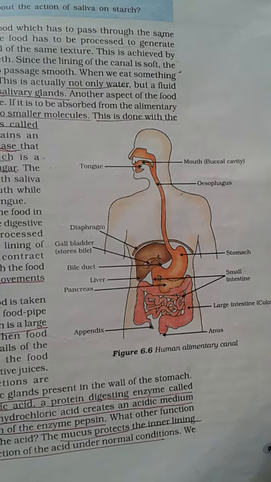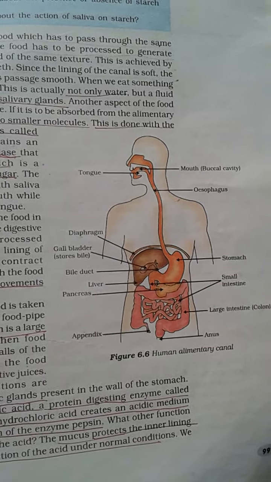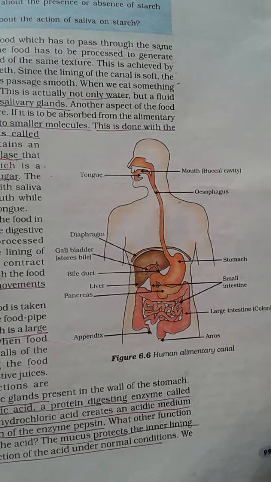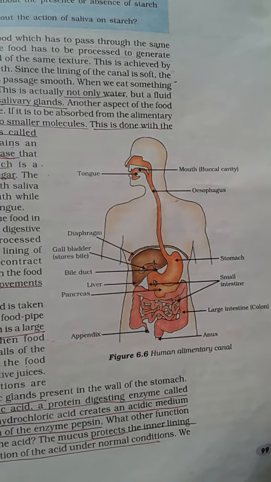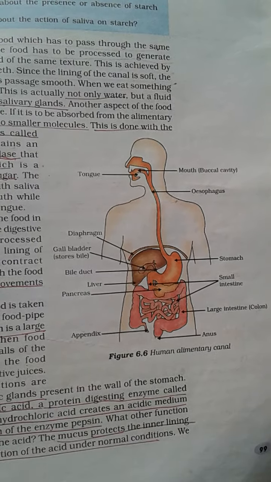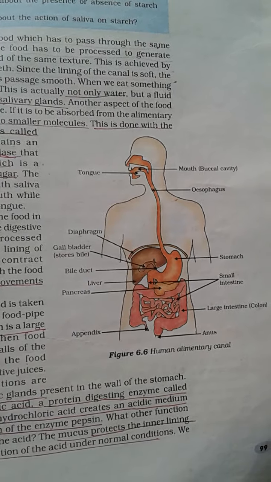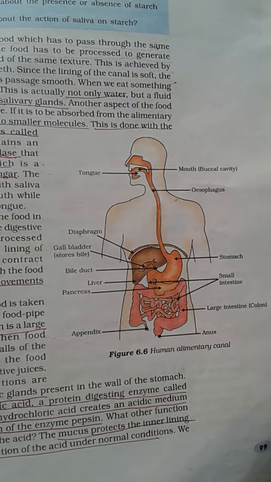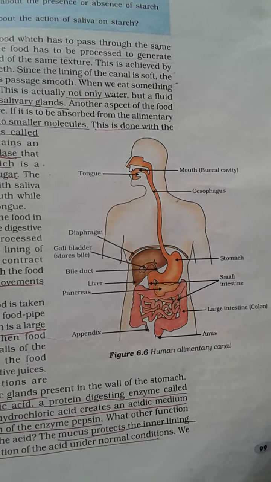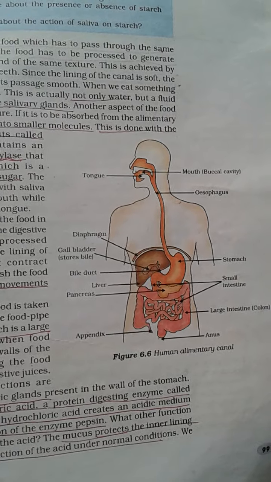medium. Pancreas secretes pancreatic juice, which contains enzyme trypsin and lipase. Trypsin is used for breakdown of the remaining protein that are present in the food into simpler component, that is into amino acid, and lipase helps in emulsification of the fats. After this, once the digestion is done, the food which is in the simplest